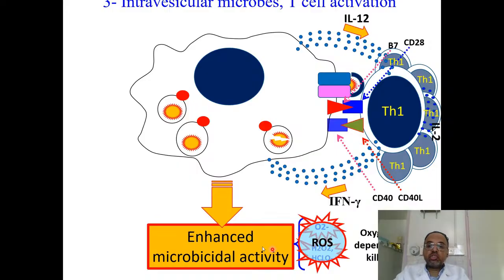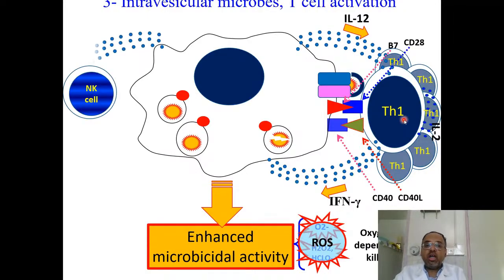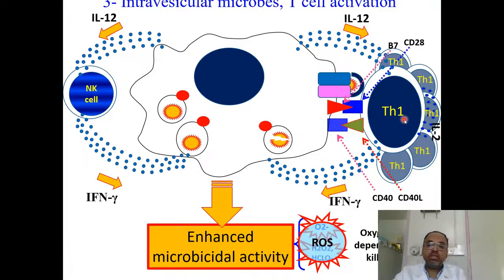Well, people who discovered this whole process found out that if you don't have T cells, another cell type can sort of simulate or replicate part of the T cell function. So we have a cell named natural killer cell. And NK cells are also able to produce interferon gamma if they see interleukin 12.